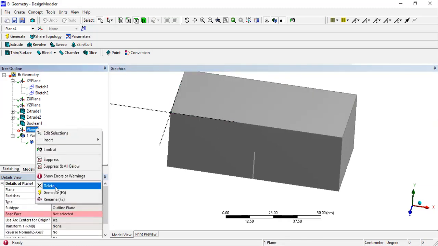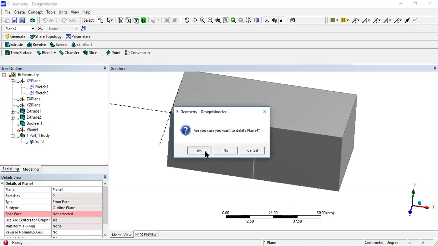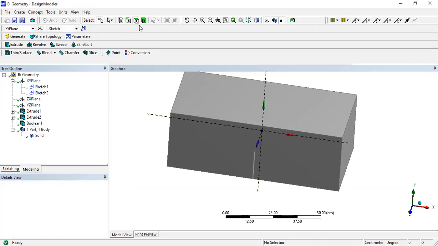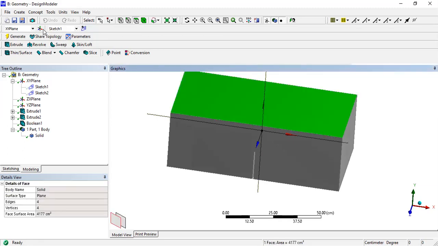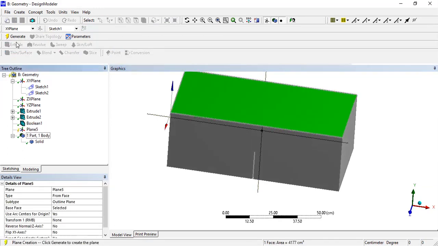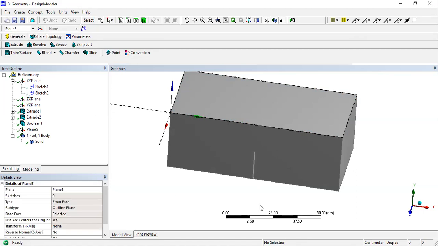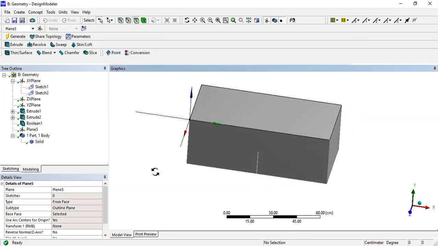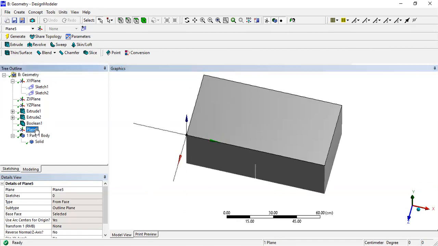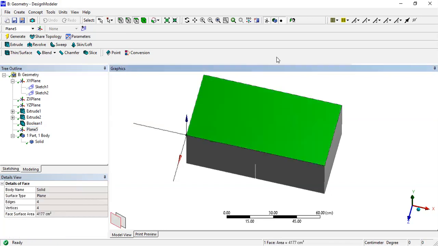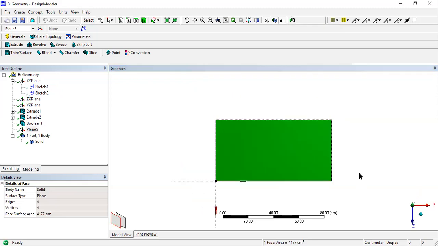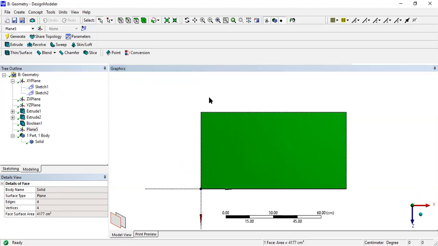Okay, I'm trying to remove this first and do that again. Choose that surface and then choose that plane and click generate. There you go. All right, so we got that plane there. Then I'm going to put that perpendicular to my screen there. Okay, if you check again the dimension,